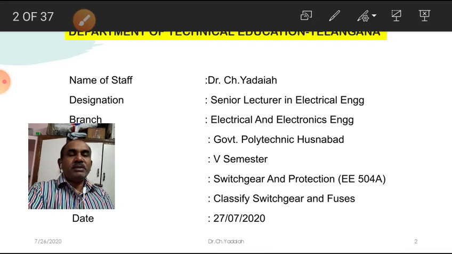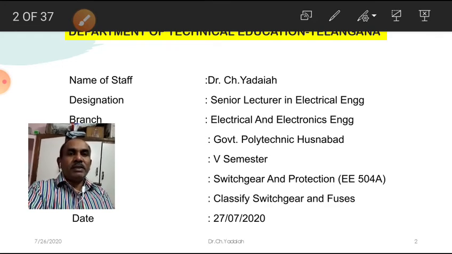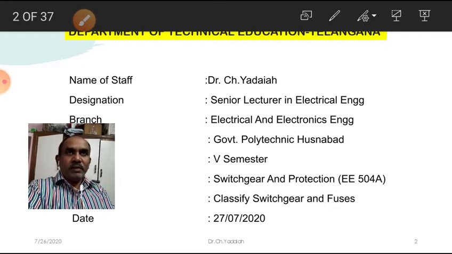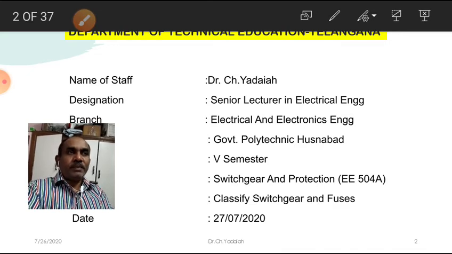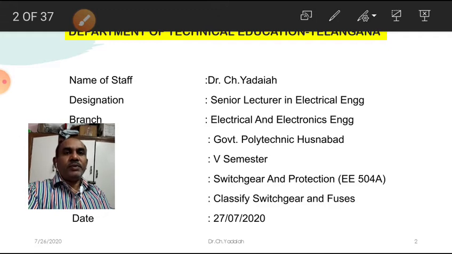Next, based on the line where we are going to place them, today we are going to study the isolators. In addition to that, today we are going to cover the air brake switch, AB switch, generally used in